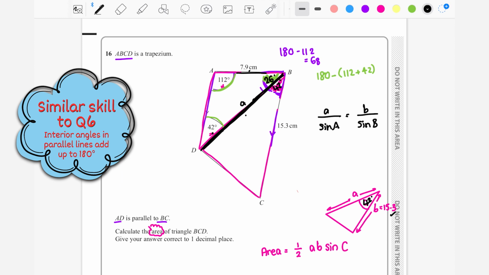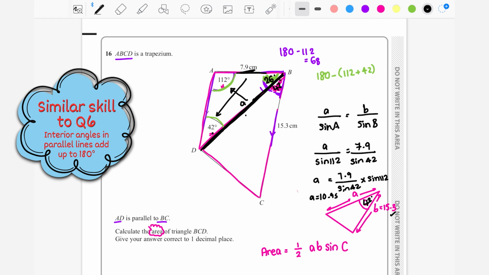So a is going to be this. Let's call that a over sine A, so a over sine 112 equals b, which is this side over here, 7.9, over the opposite angle, which is sine 42. So a equals 7.9 over sine 42 times sine 112. And if I put it on my calculator, a equals